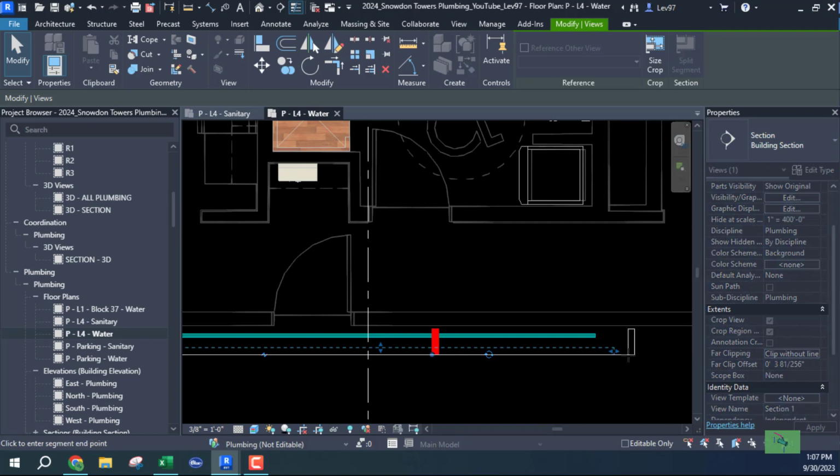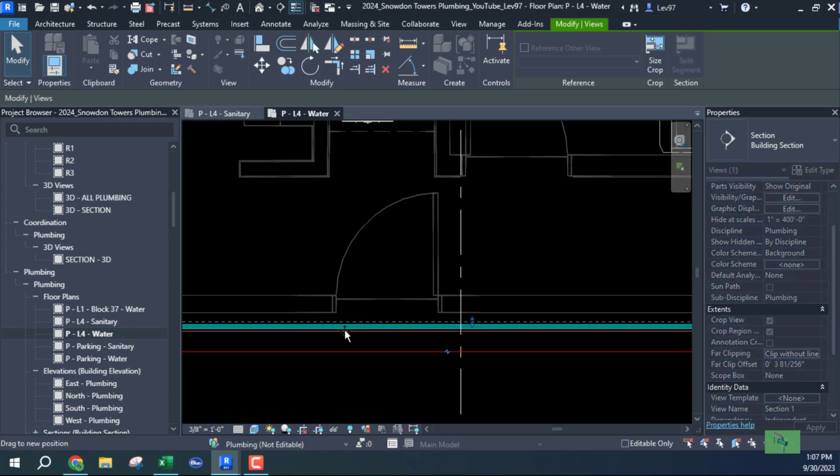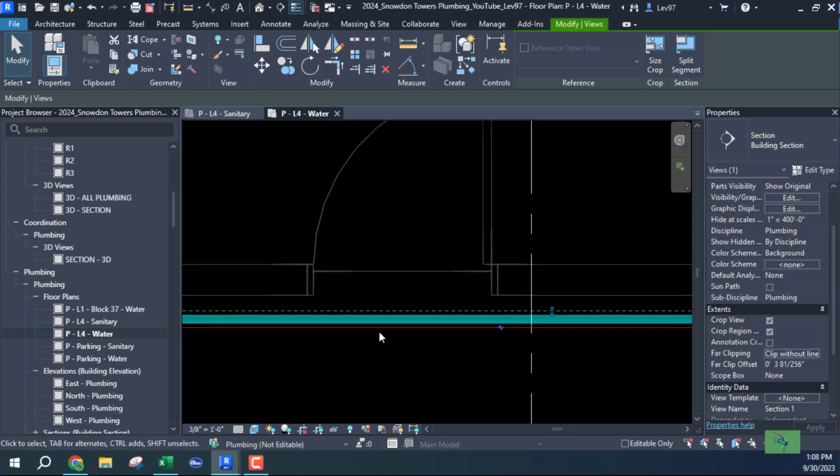I think what I'm going to do is wait until my next video to go over section views and how to view information, because I need to bring in the HVAC model and how to navigate pipes through a building where you're aware of the mechanical model, which has ducts and air handling units and air diffusers and other mechanical equipment,